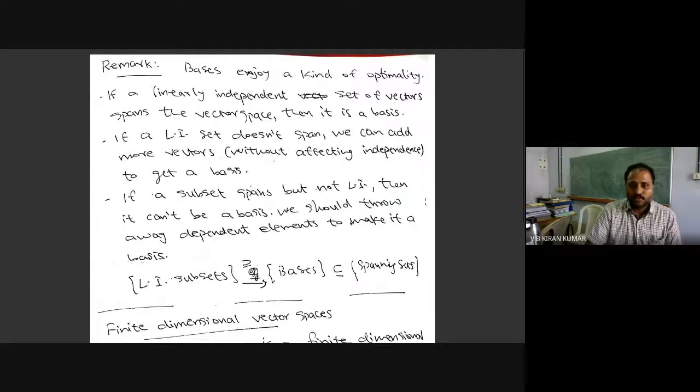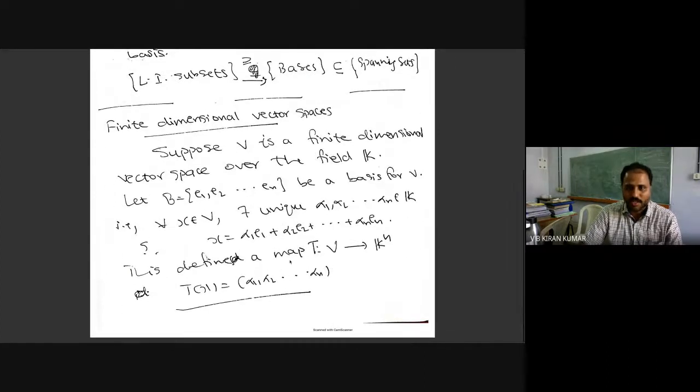So these are some basics of linear algebra. This is something which is not required. As far as finite dimensional vector spaces are concerned, Hamel bases are useful because suppose V is a finite dimensional vector space. You can have a finite Hamel basis. Then every x you can write in a unique way in this way.